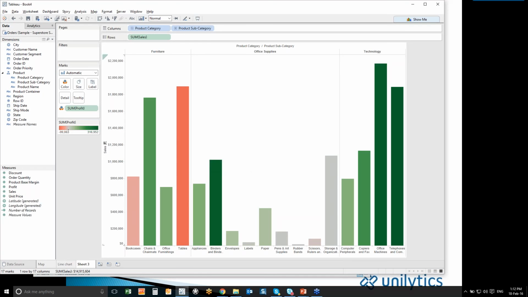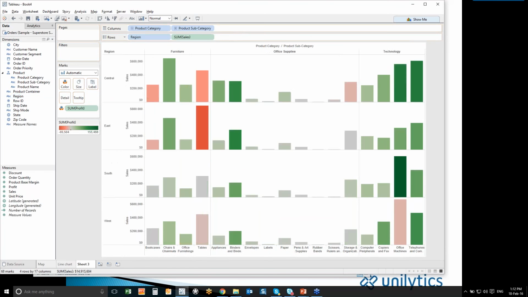Let's take a look if that's consistent across various regions. If I take region and drag that over to rows, it tells the system, create a separate row for each region that we have. And now we see that the East is actually where we're really getting punished with furniture and tables specifically, versus the other areas are not doing so bad, and also in the central area we're doing poorly. I also have the ability to group various small sections like this together. I won't do that right now with the time constraints we have, but we can start cleaning this up. But let me call this then just